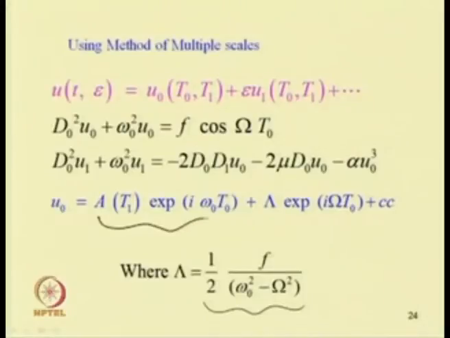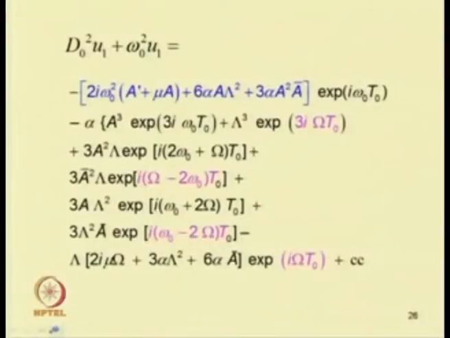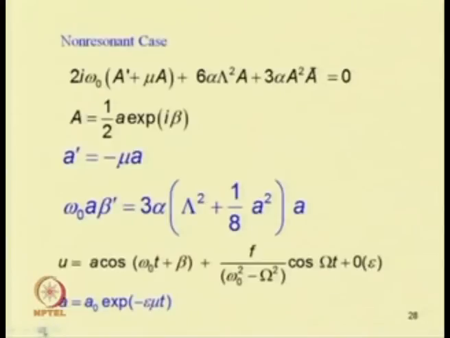This part is the complementary part, that is u2, when we put the right hand side equal to 0. So, we will get this solution, and when we consider the forcing term, we have this part of the solution. Now substituting this equation in the other equation, one can see that two different types of resonance condition will be obtained. This will lead to one type of resonance condition and this will lead to the other type. So, we have two different types of resonance conditions.